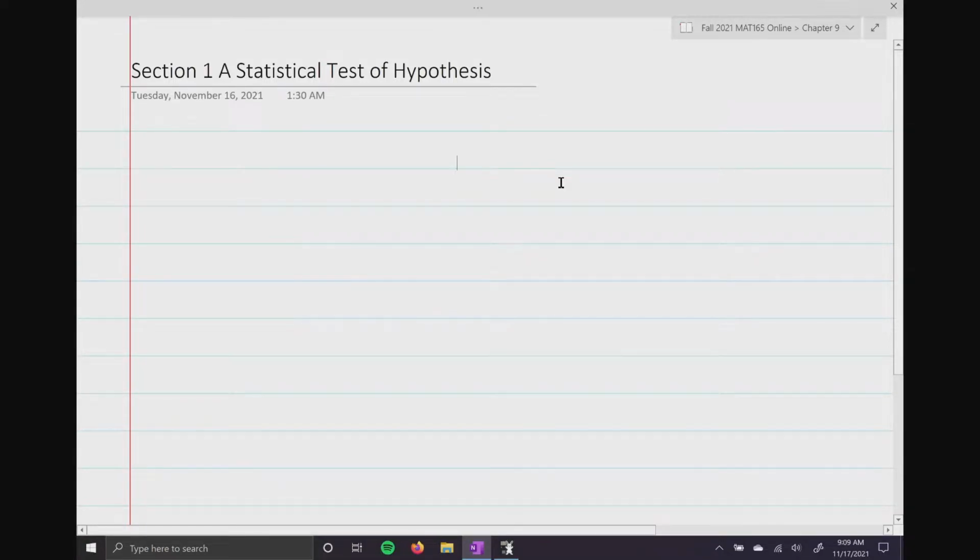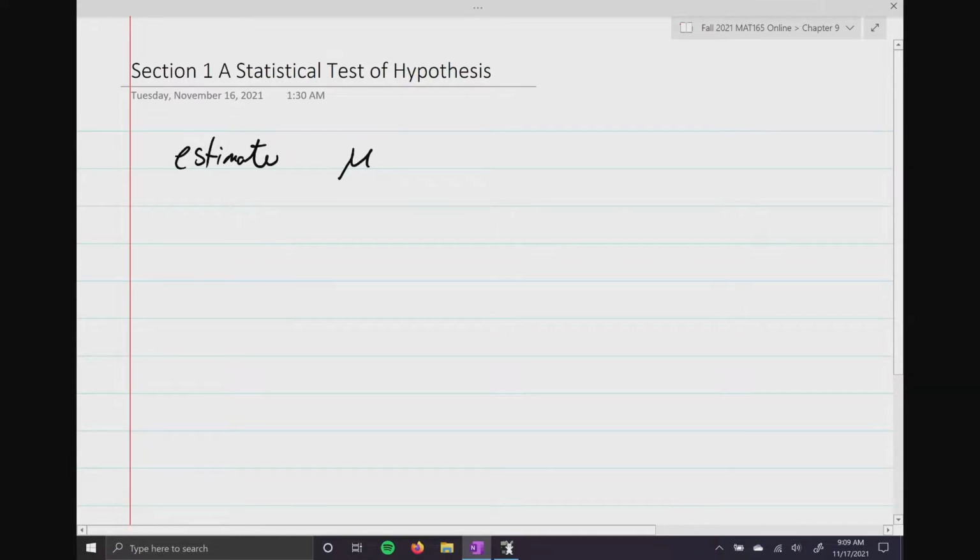Hello, everyone. So today we're going to move into chapter 9, which deals with large sample test of hypothesis. So I think maybe a natural first question would be, okay, well, what exactly is a hypothesis test? Okay. So within statistics, what we found in chapter 8 was that we could estimate some sort of population parameter,